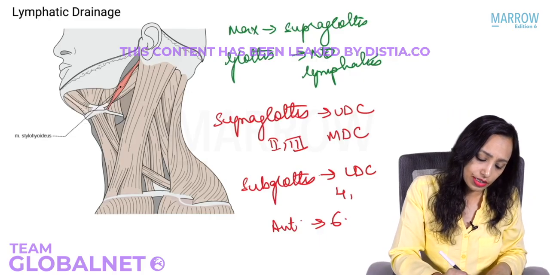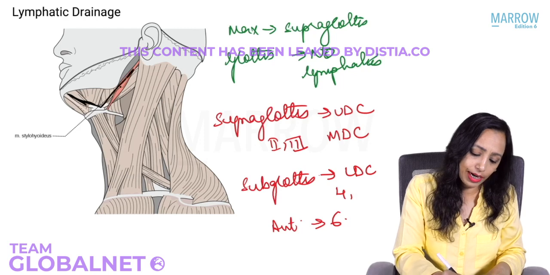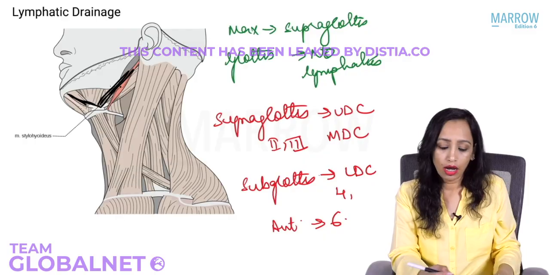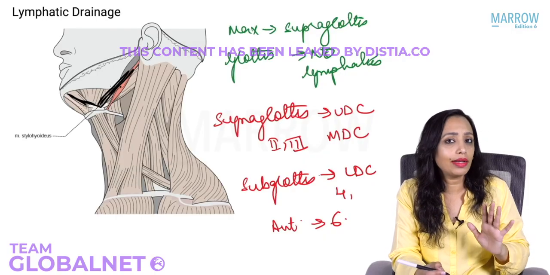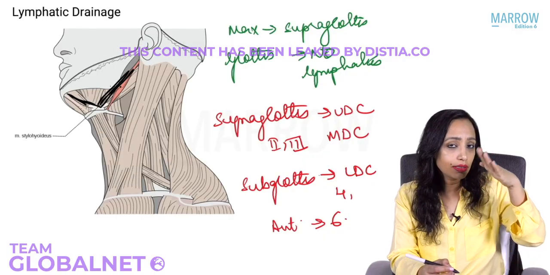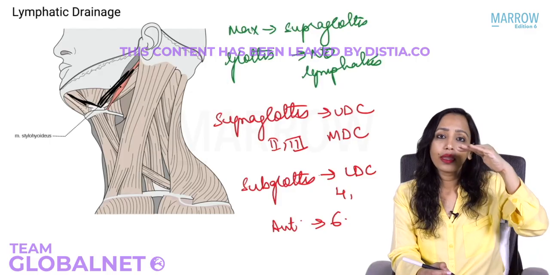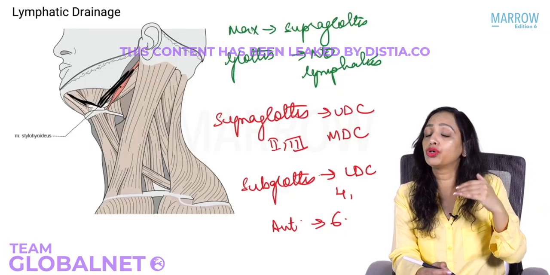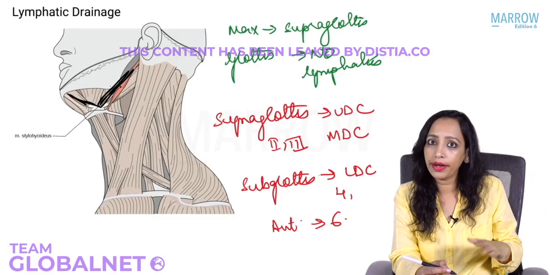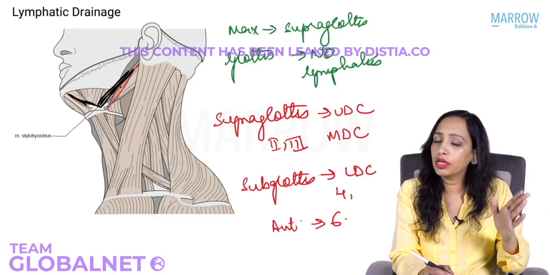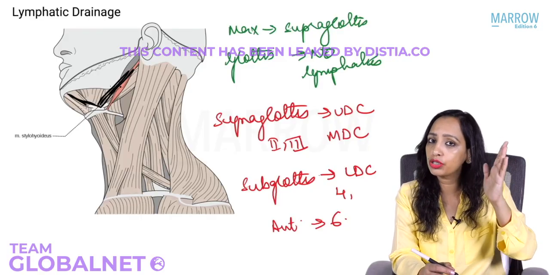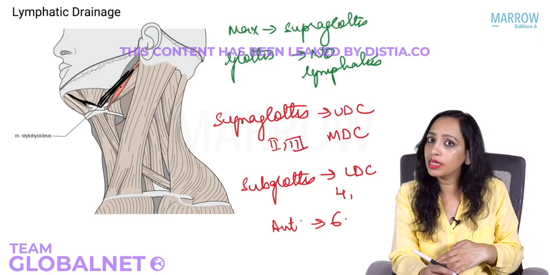Level 1 is the submental and submandibular, which we are not concerned with. The larynx does not drain into level 1. What are levels 2, 3, 4? That is along the internal jugular vein. They are known as the upper, middle and lower deep cervical nodes, or the digastric and jugulo-omohyoid nodes. The jugular chain is divided into 3 parts: upper third is 2, middle third is 3, lower is 4.